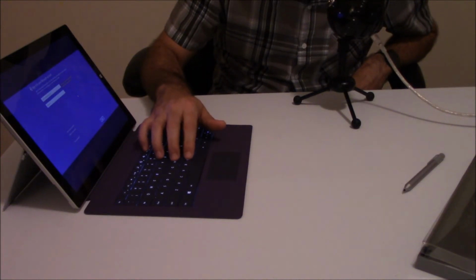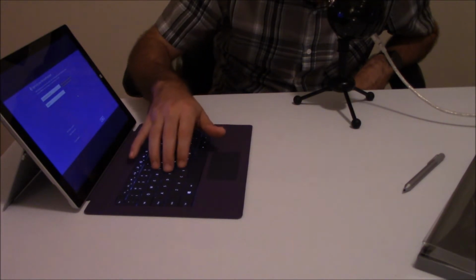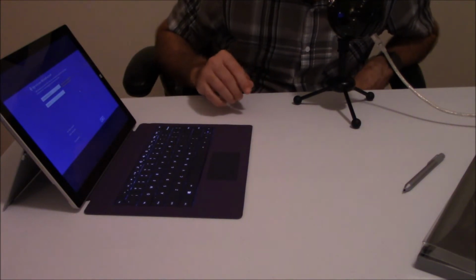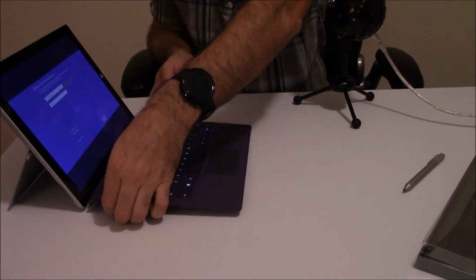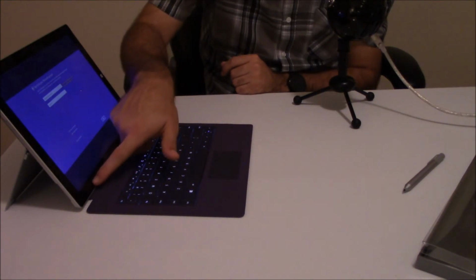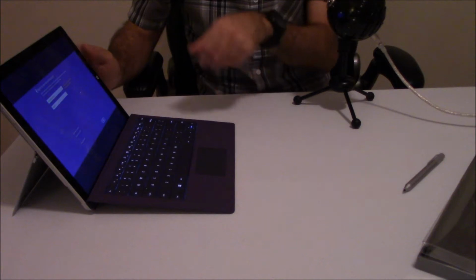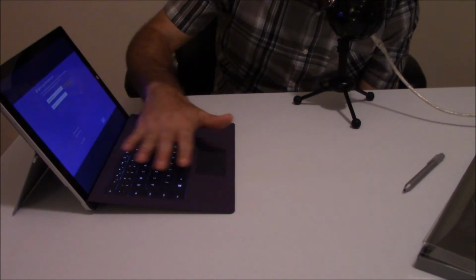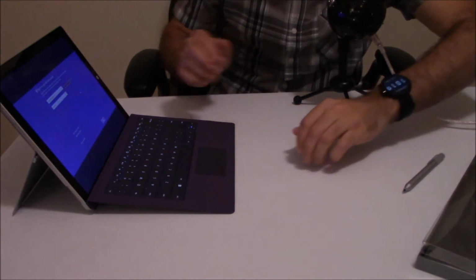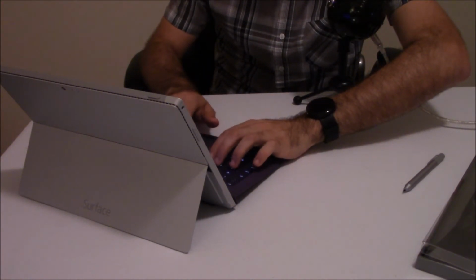The keys are chiclet style keys, of course, but they're actually really nice. Quiet. So yeah, I really like this a lot. And then if you want to, you can fold this end up, and there's magnets along in here, and this metal part through here, which allows you to fold it up and snap it into place like that. So now you have it at a nice little slant. If it's on a nice little slant, that's a little bit better for your ergonomics. So that way, if you're typing, you can angle it up a little bit better and use it more like a normal